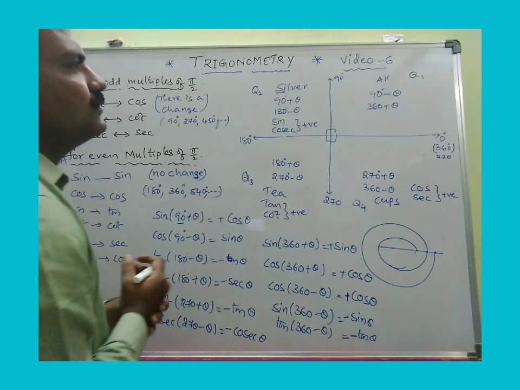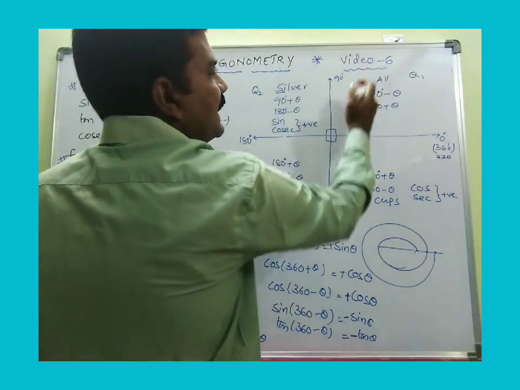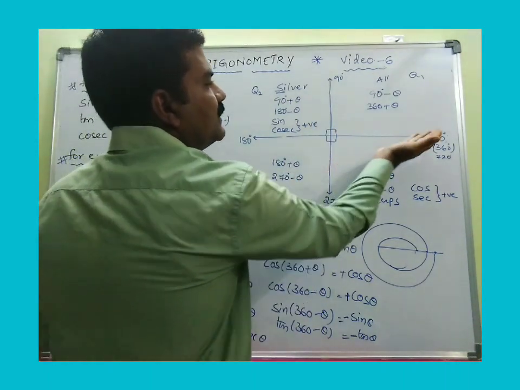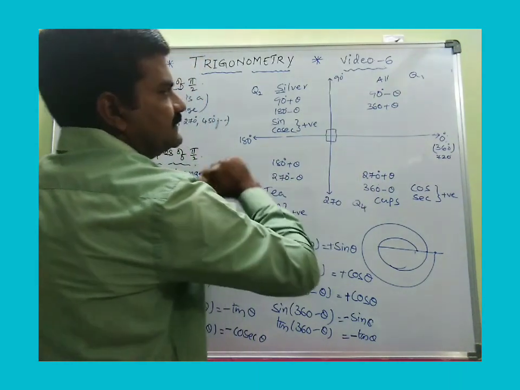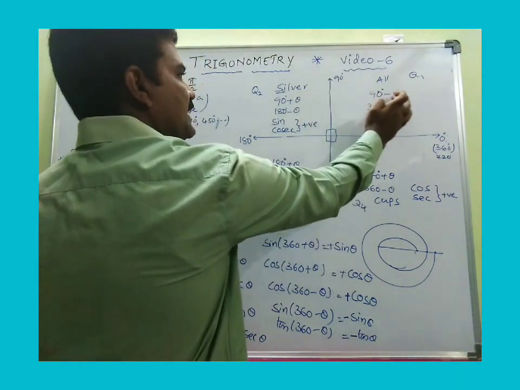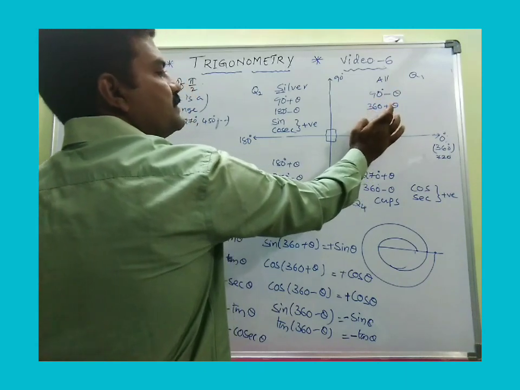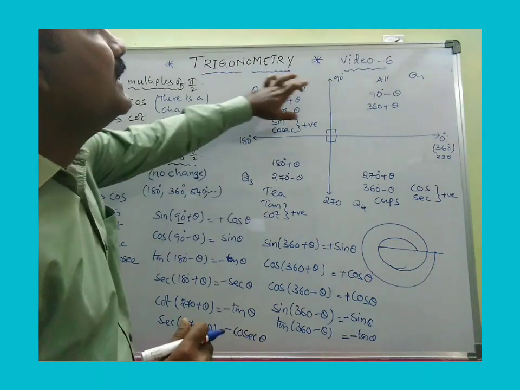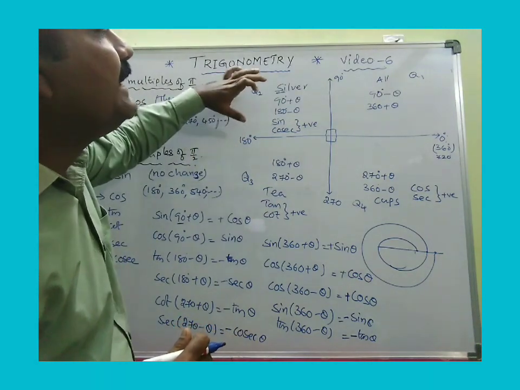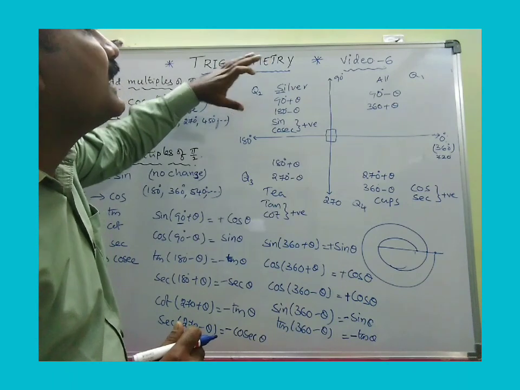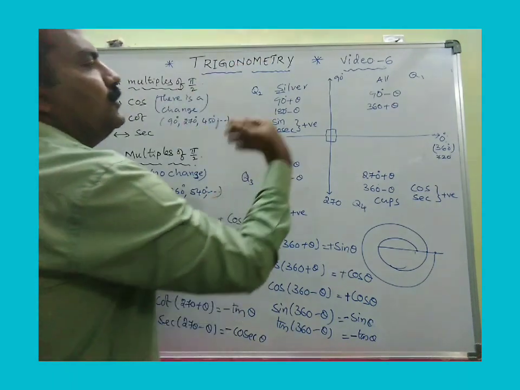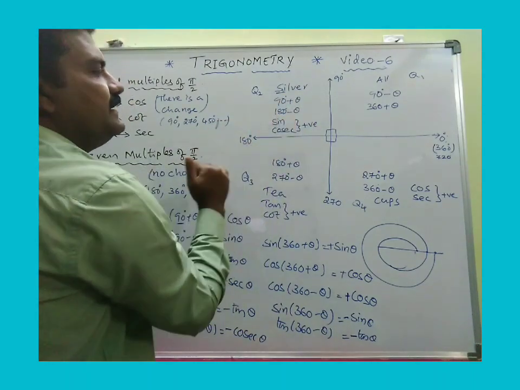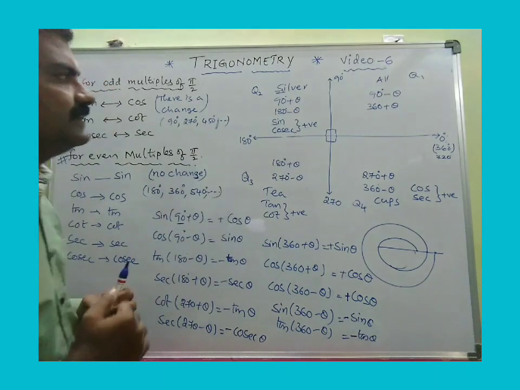Now coming to the first quadrant, here the angles lie between 0 and 90. More than 0 and less than 90, so less than 90, I can write it as 90 minus theta. And this, we will speak about in the last, don't worry. And now coming to 90 to 180, the angles lie in between 90 and 180. More than 90, that is 90 plus theta, and less than 180, which can be written as 180 minus theta.